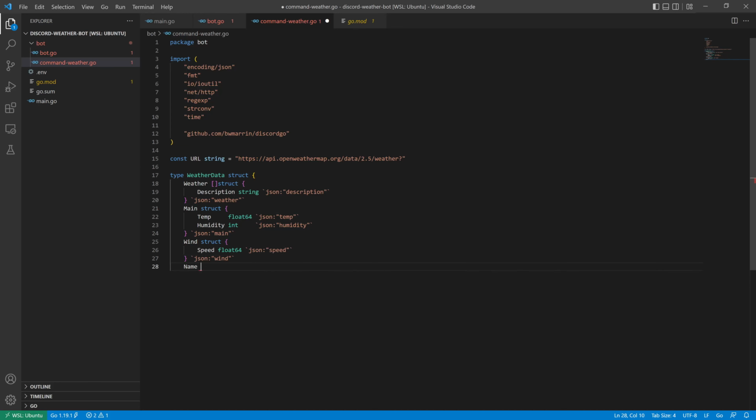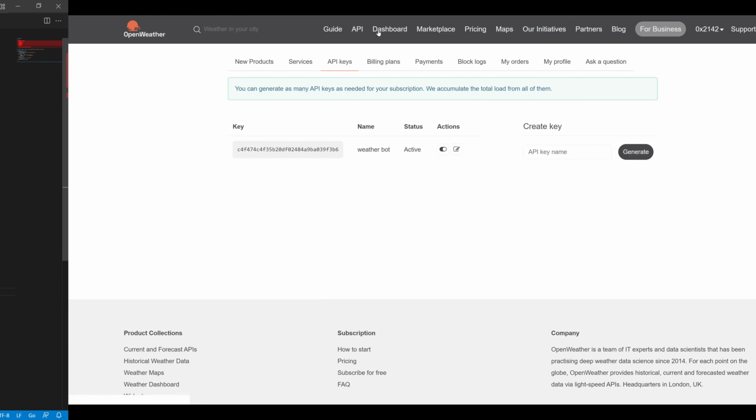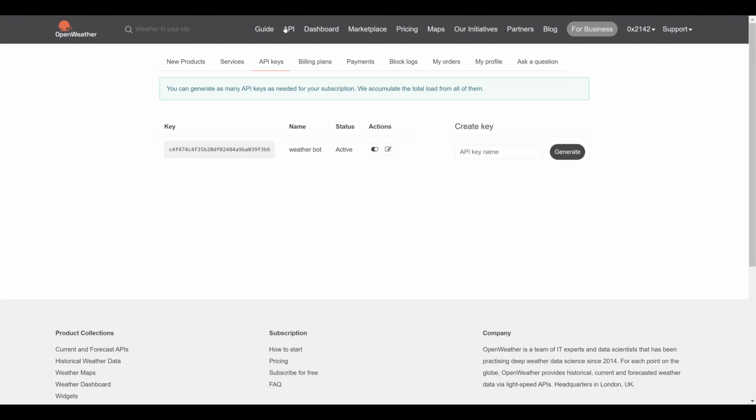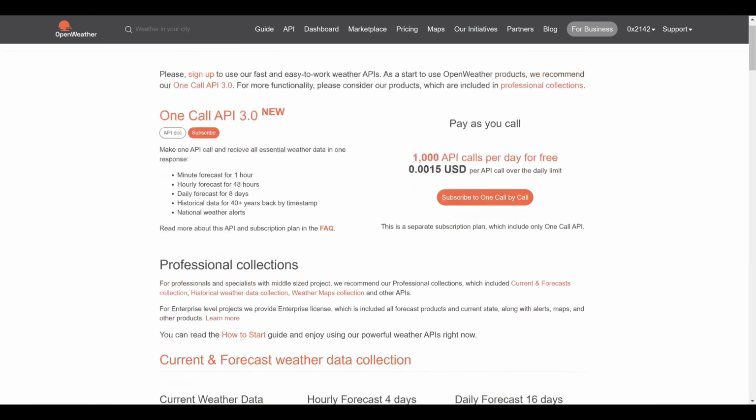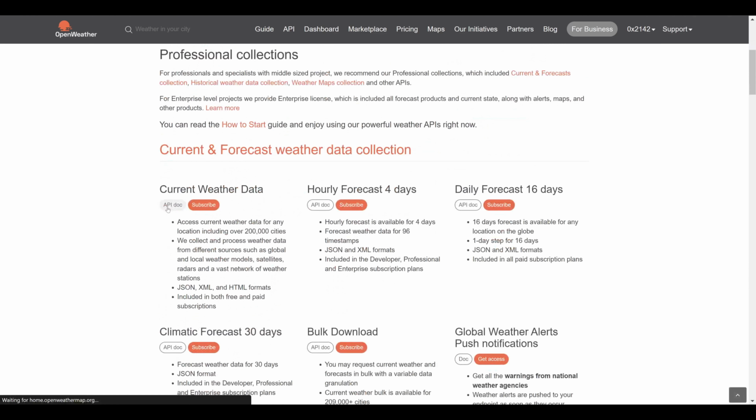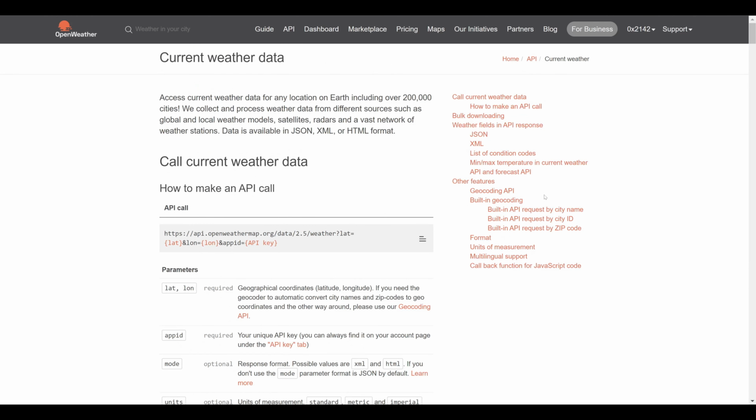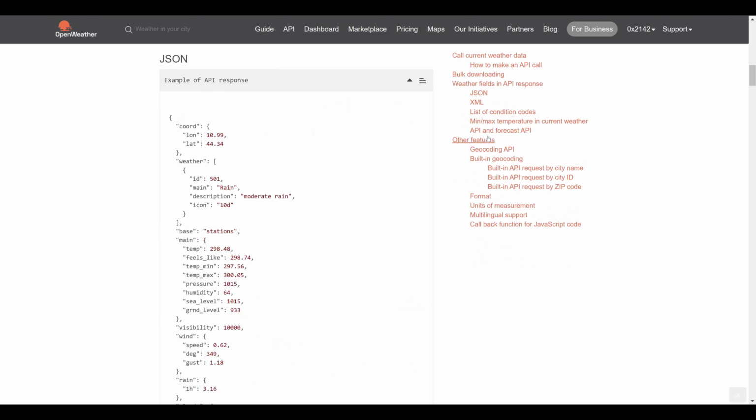And I'll go ahead and build this out now. This is just going to be pulling out some of the data from that JSON response from the OpenWeather API. What we'll do is hop over to the OpenWeather site real quick. If we go to the API page and down to current weather data, which is the API that we'll use, there is a sample JSON response here that we can use to build out this data